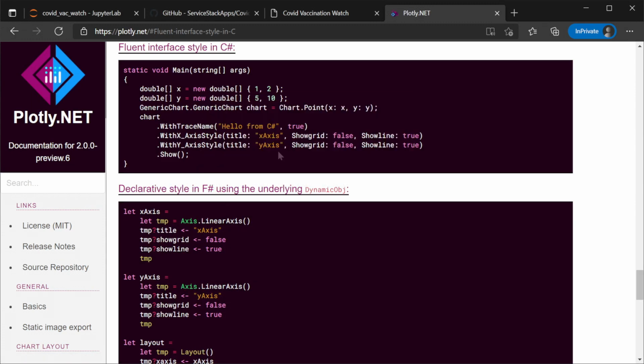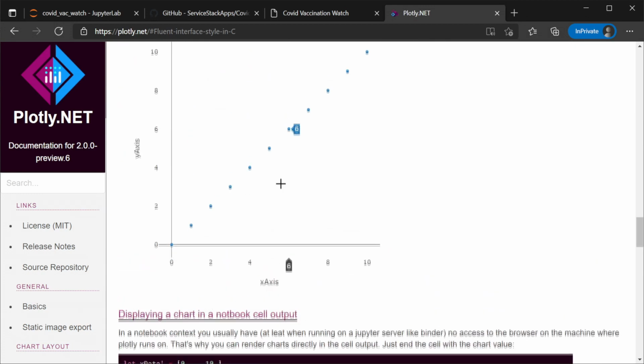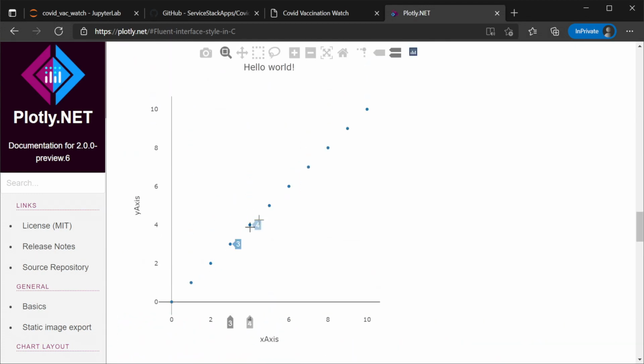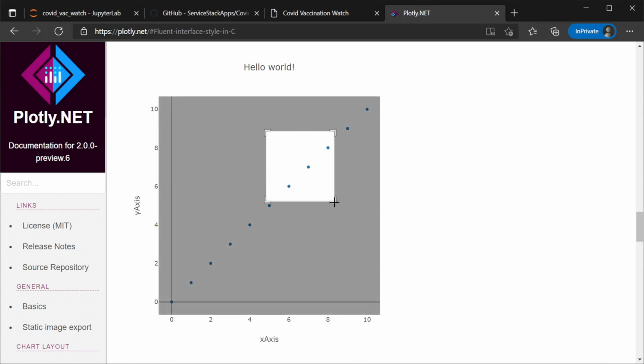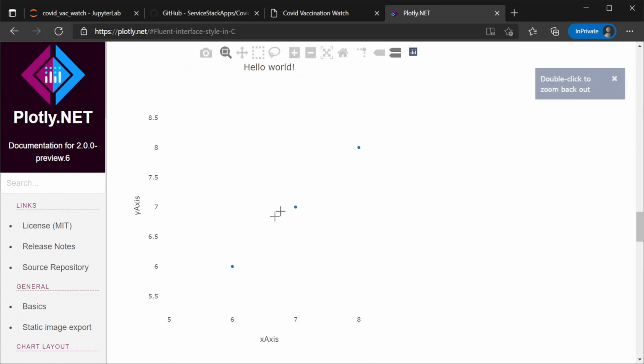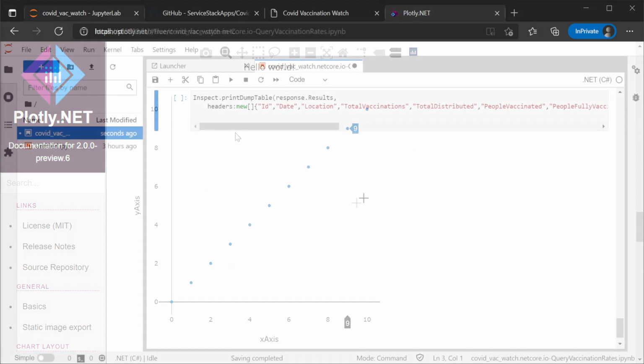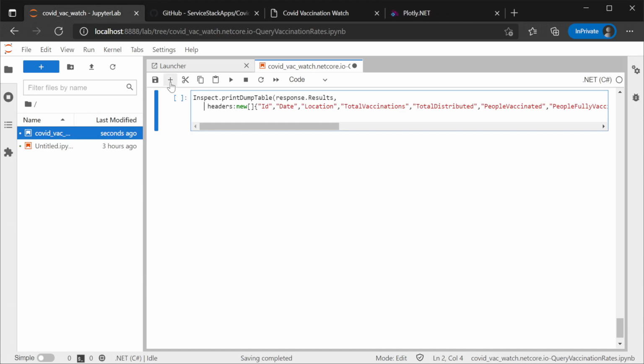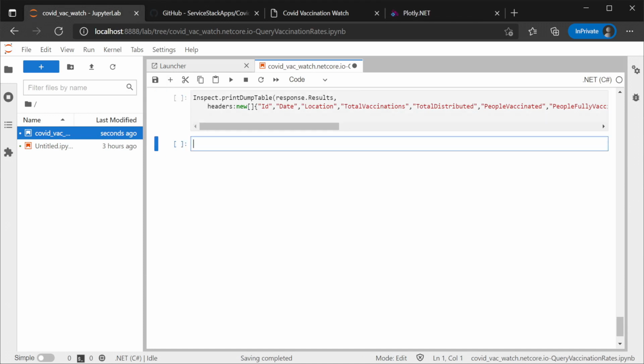Plotly.net provides functions for generating and rendering Plotly.js charts using .NET. This kind of library is ideal for use in notebooks where outputs are a core part of being able to iterate quickly, so we want to make the notebooks as expressive as we can with the least amount of effort as possible. Adding a new cell to our notebook, we are going to do the following steps to visualize our